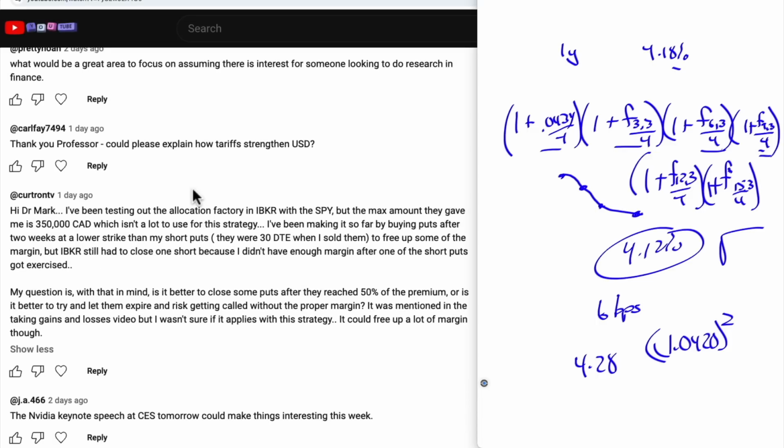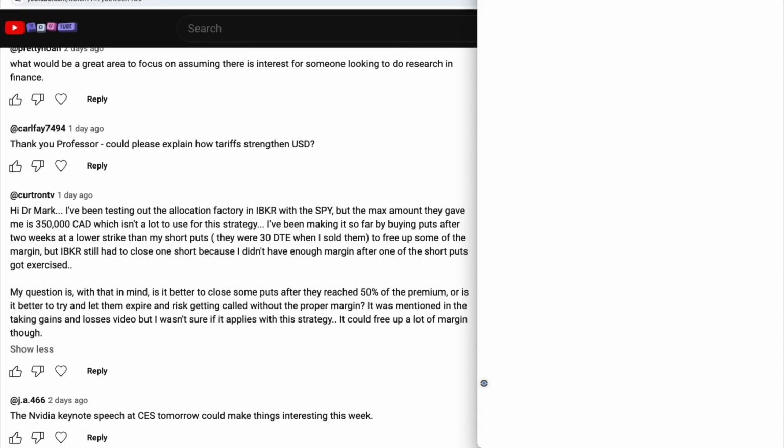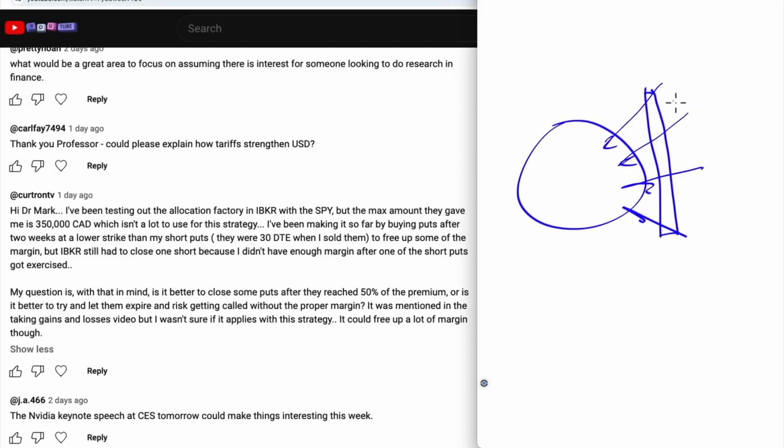Explain how tariffs strengthen the U.S. dollar. Tariffs would strengthen the U.S. dollar by weakening other currencies. So let's say you have a market that is a critical market for a whole bunch of countries. They need to sell into that market. And you raise tariffs. There's that barrier to entry. Well, what you're going to do is increase the costs for people in this country, which means